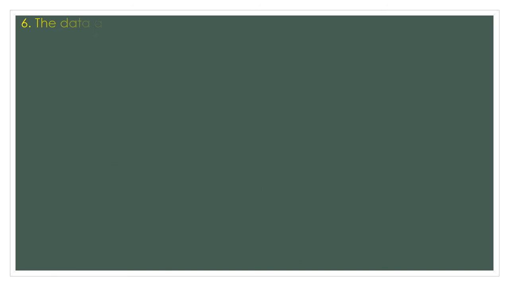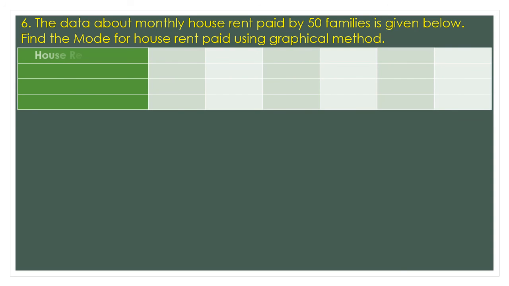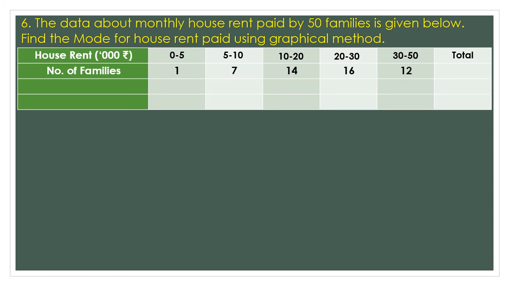So the last question, question number 6. The data about monthly house rent paid by 50 families is given below. We have to find the mode for house rent paid using the graphical method. Now from the data, house rent in 1000 rupees and number of families. You can see that the classes are not actually equal: 0 to 5, 5 to 10, then 10 to 20, 20 to 30, 30 to 50. So if I write down the class lengths here,